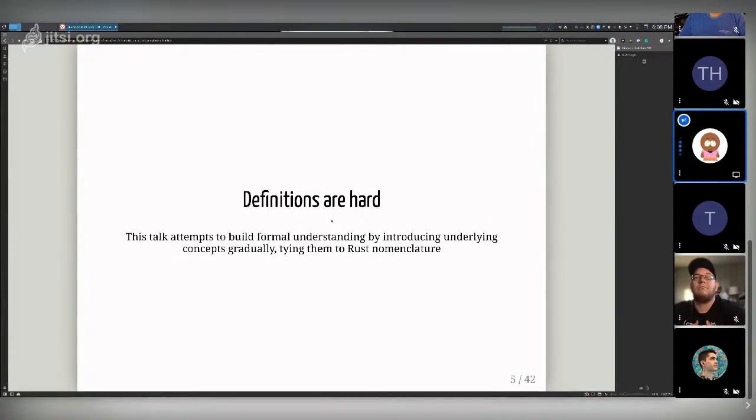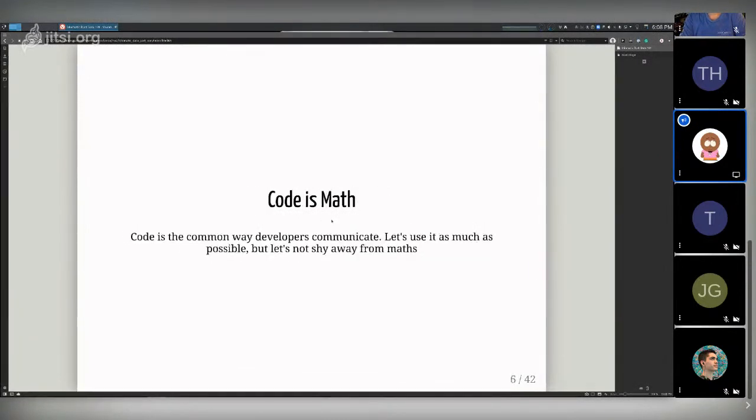And there are a couple of cases where the Rust naming isn't correct. There's no way to be PC about it. Things like newtypes, which we'll talk about in the second part, don't necessarily match the definition of newtypes in other languages. So definitions are hard, and I'll point out where that is the case.